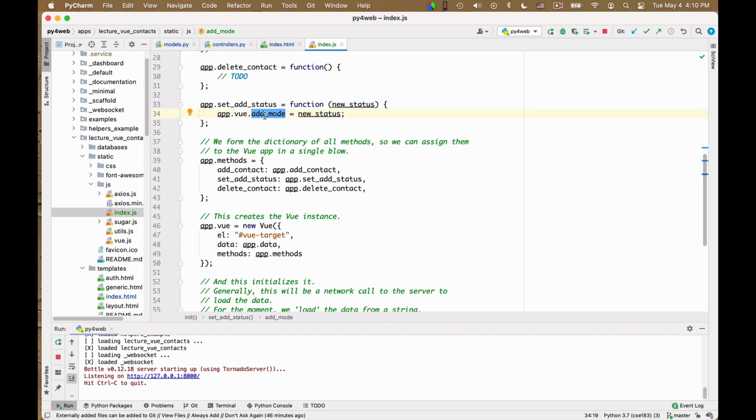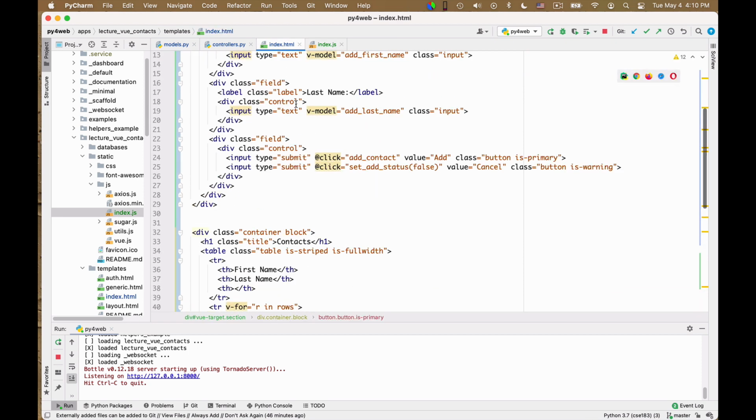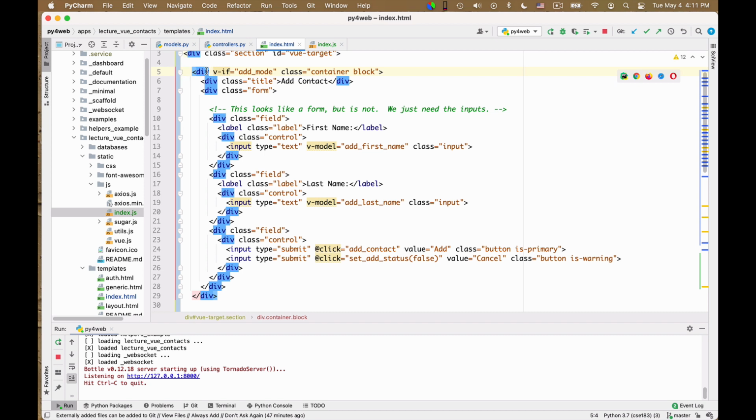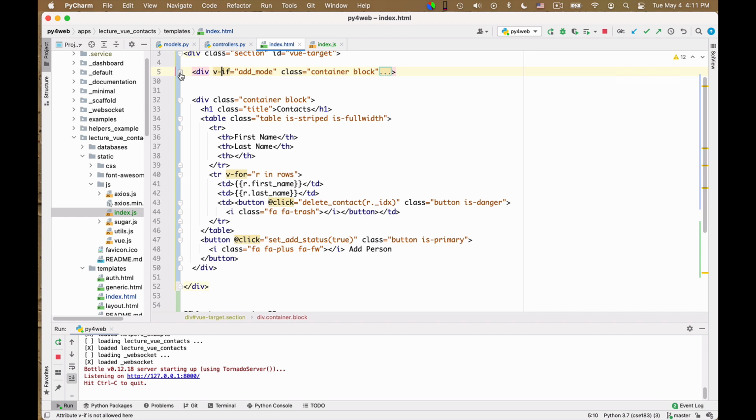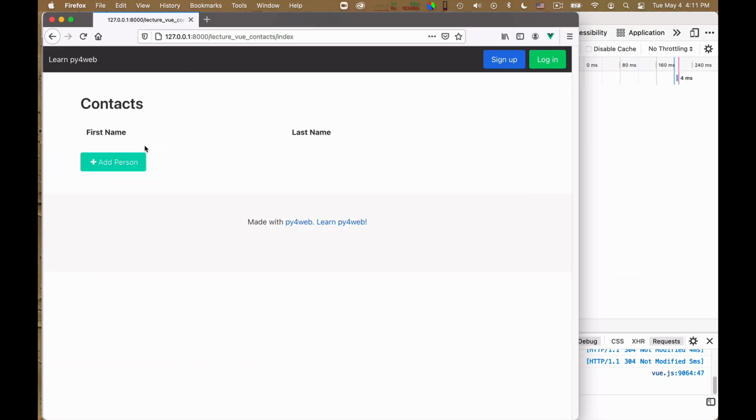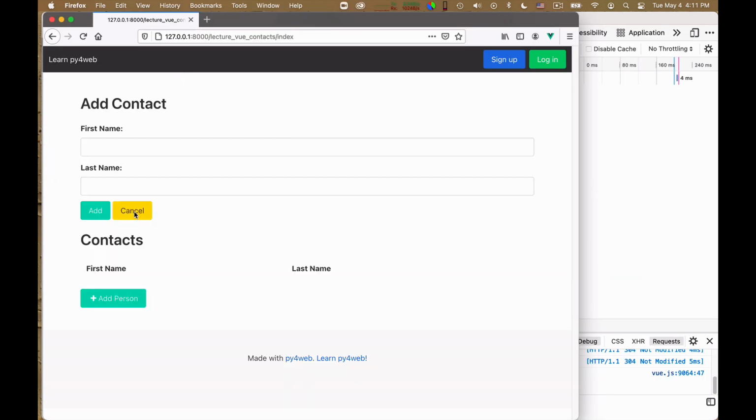In turn, this add mode is what drives in the index the display of this entire div here. You know, this div here in this width is the entire form for adding. Okay, that is why when I click here or click here, this entire form, from here to here, is displayed or removed.